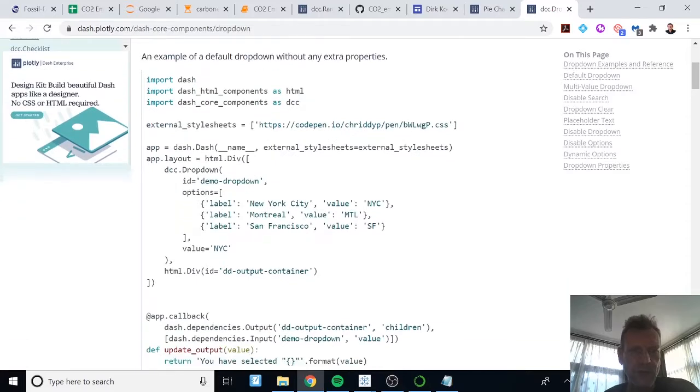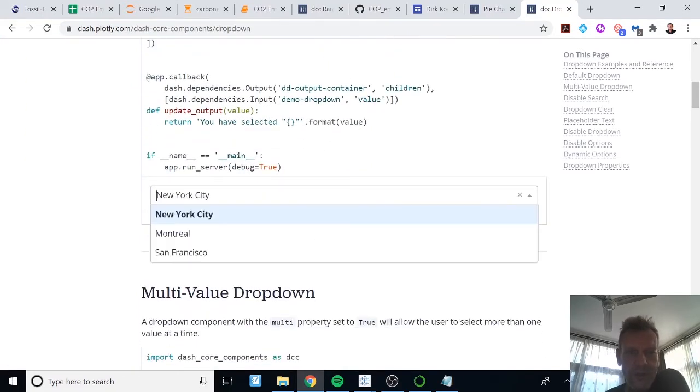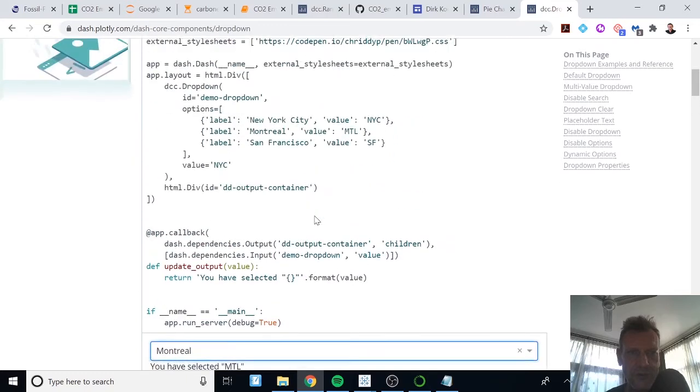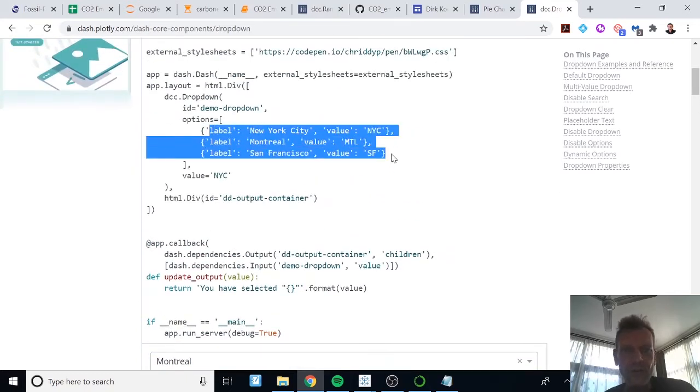So the default dropdown. Here I've basically copied this, so you don't have to reinvent the wheel. It's all there. In this case, you'll see that there is a choice of 3 cities. These have been hard coded into the drop-down box, but I want to define a drop-down box with values from